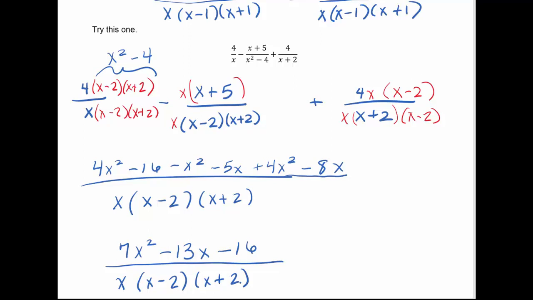You can check to see if there are any factors of 7 and 16 that add up to 13 and then reduce. But I'll go ahead and tell you there aren't. At this point, I'm going to stop the video. But if you want more examples, you can look